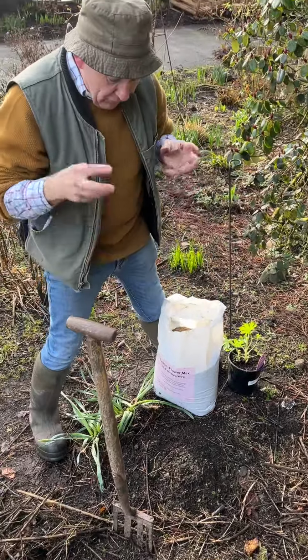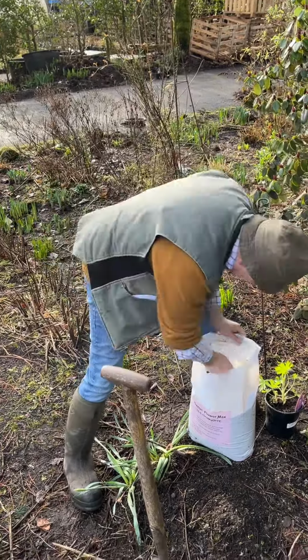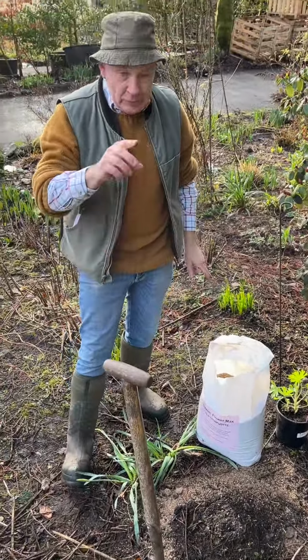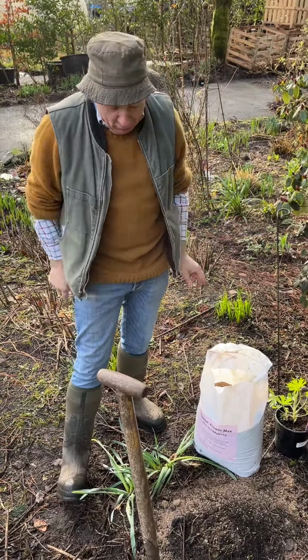This time of year, we're feeding all our perennials, all our roses, flowering shrubs, all our hydrangeas every 4 to 6 weeks with FlowerMax to make sure we get lots and lots of good colour this year. So our Delphinium Pagan Purple is getting a feed. We'll feed it every 4 to 6 weeks from now to make sure we get those massive flowers, and it brings out the intensity of the flower